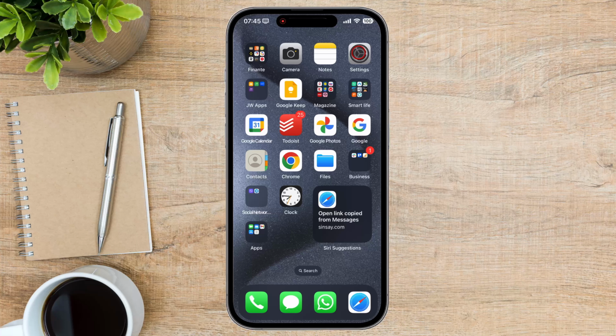First of all, we need to say something important. For you to receive a text message on your MacBook, you will need to be logged in with the same Apple ID on your iPhone and on your MacBook. If you are logged on both devices with your account, do this.